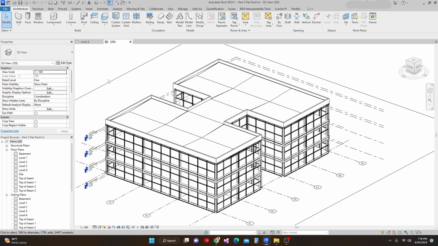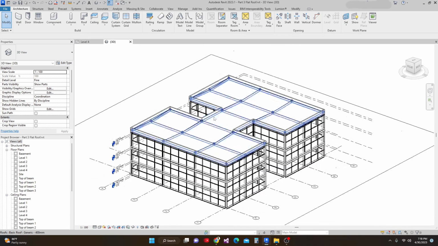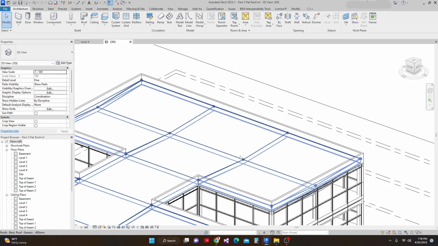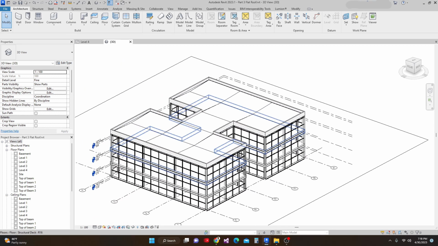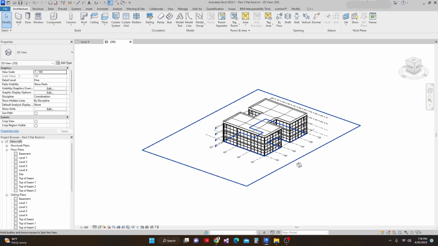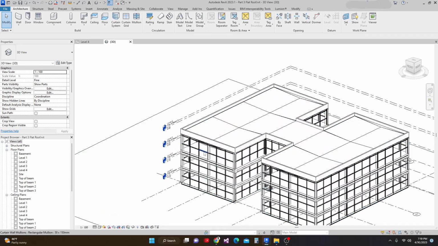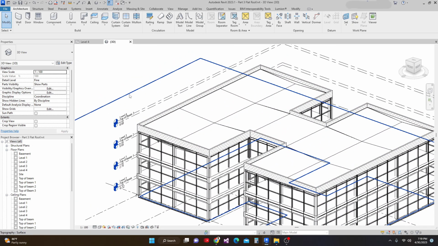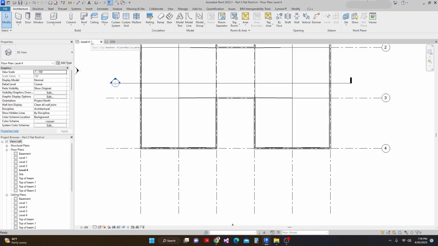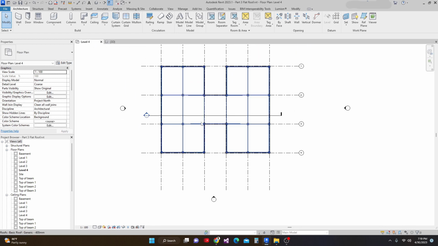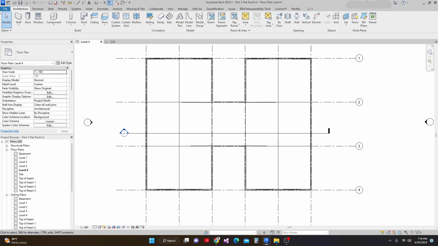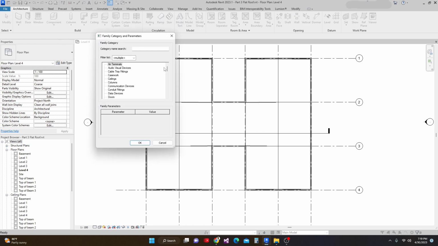Okay, now here it is, our slab is sloping like this, sloping there and here. So next that we're gonna do is we're going to create a cricket again, because this is sloping and we need to create a cricket all around. So now we'll go to level 4, and in level 4 we're going to go and select this model in place,